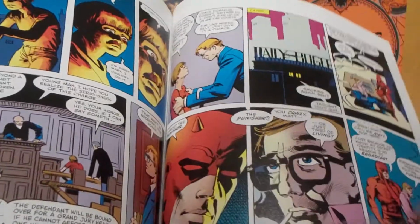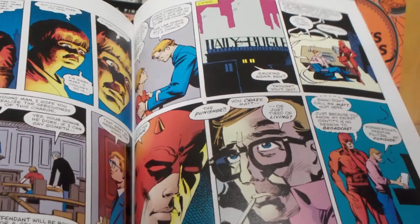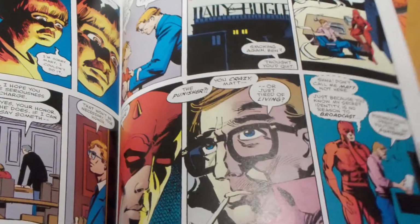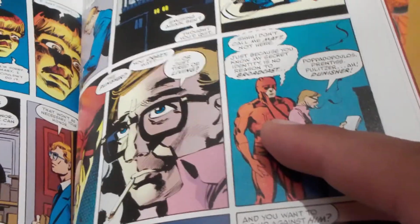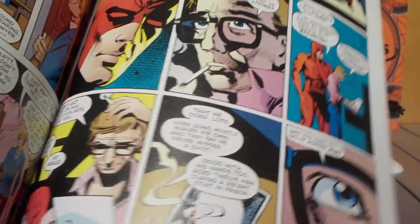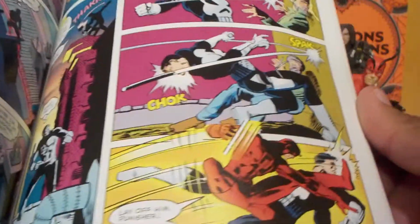And there's this funny scene where the Punisher goes to see Ben Urich and he's like, "Hey, tell me everything about the Punisher." "The Punisher? You crazy, Matt, or just tired of living?" It's like, "Hey, shut up! Don't tell everybody I'm Daredevil, asshole." Yeah. I love this scene where Ben tells him, "Daredevil, you're crazy for going after Punisher,"